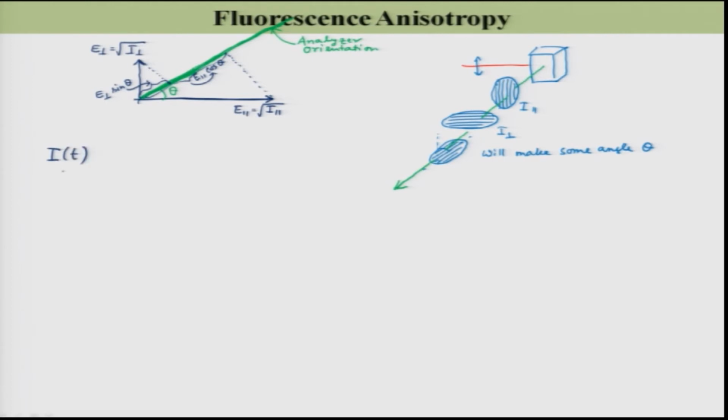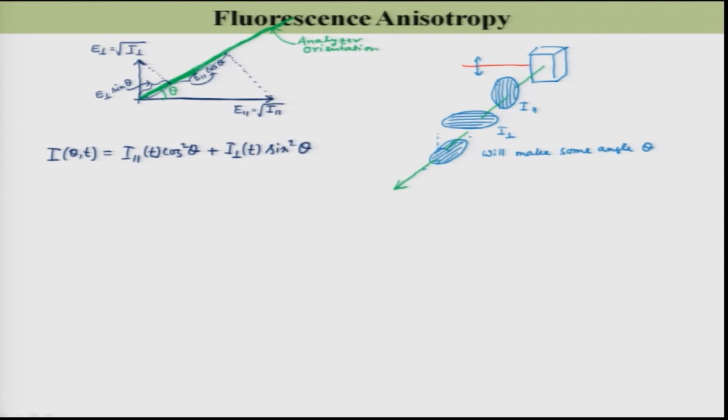No, I is not only a function of t, it is also a function of theta now. So here I as a function of theta and t is equal to I parallel t cosine square theta